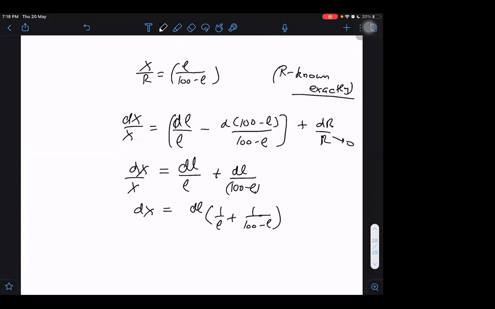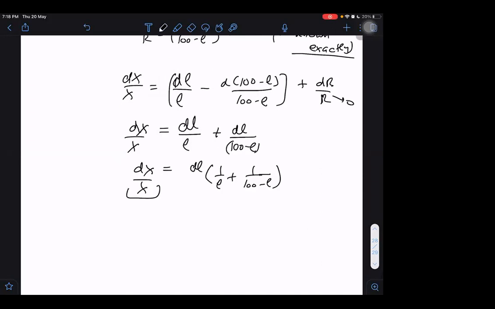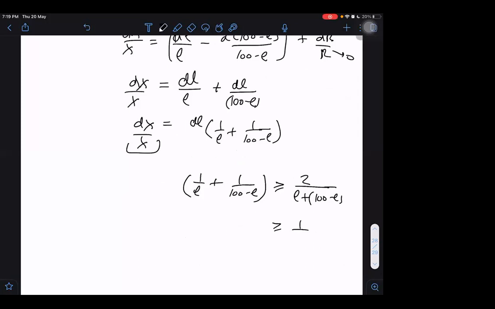Okay. So I want the error to be minimum. What is the error? Relative error we are getting. How will the relative error be minimum? In order for this quantity to be minimum, do we have any inequality? Harmonic mean, some inequality is there or not? How to make it minimum possible? Greater than or equal to, reciprocal it becomes. 1 by L plus 1 by (100 minus L) will be greater than or equal to 2 by (L plus 100 minus L), so it becomes greater than or equal to 1 by 50.